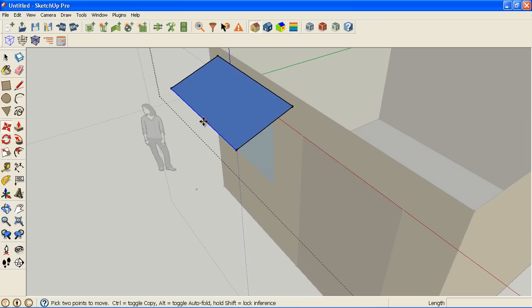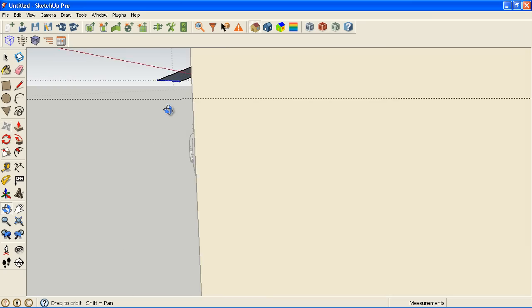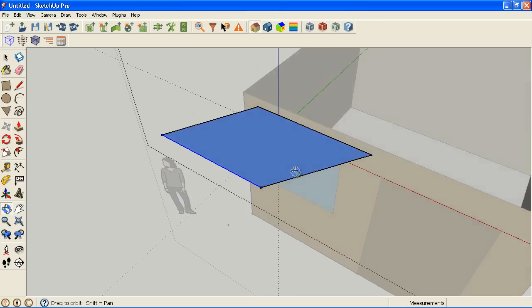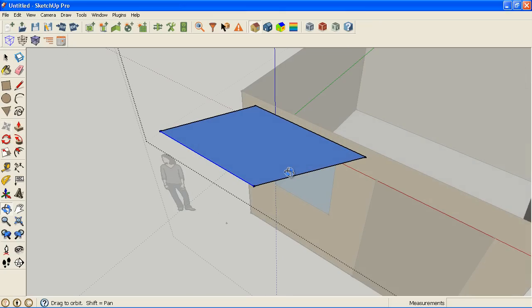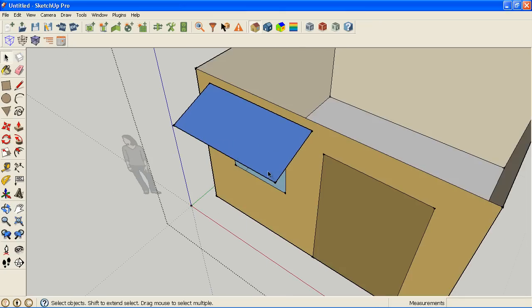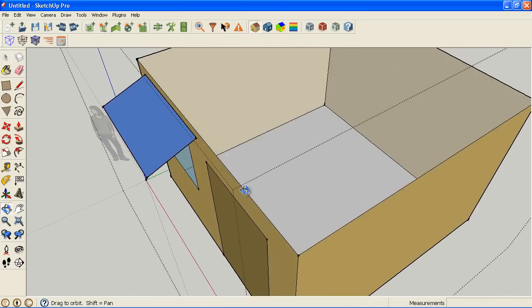And when you're moving things up and down, right now there's a blue line telling me I'm on axis with the blue axis, which is vertical. Or I can be online with green or not red in this case. But anyway, if I'm not on axis, you really have to be careful because you don't really know what you're doing until you let go and look from another camera view, and sometimes you make transformations that you don't want to. So I can just undo that and get it back the way I want it to be.